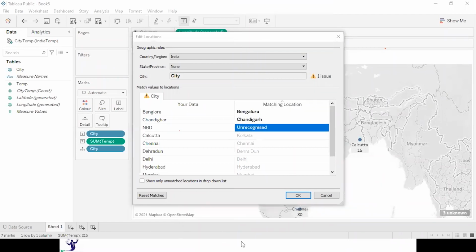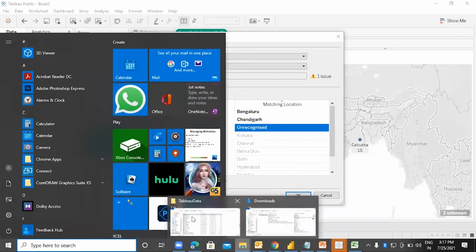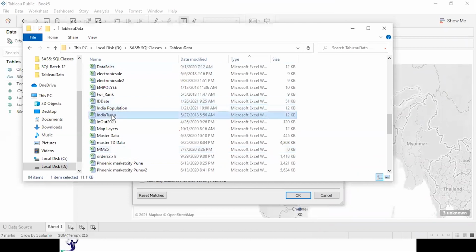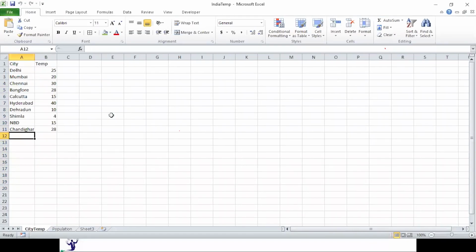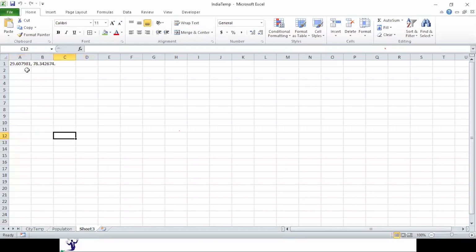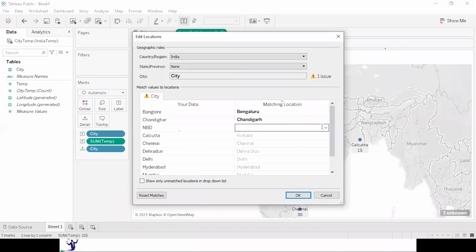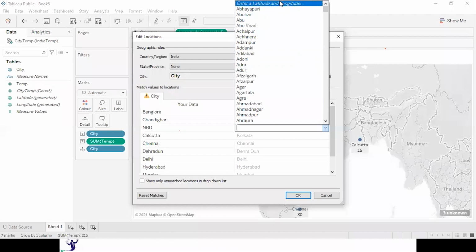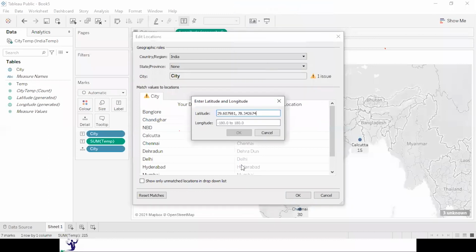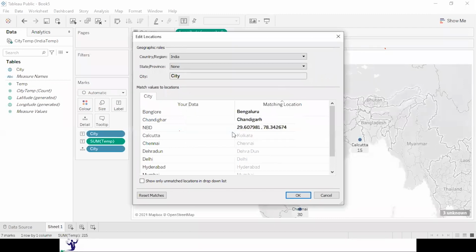In this case, what has to be done? Let me go to the Tableau data and say India temp. So I have taken the longitude and latitude value of this place from Google. So you can just specify the longitude and latitude values. I can click on this, enter longitude, latitude, say the latitude, longitude, say okay and okay.